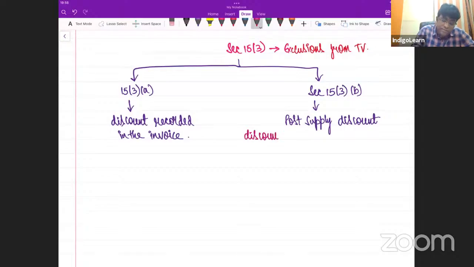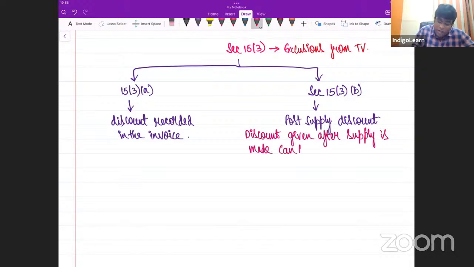Discount given after supply is made can be reduced,